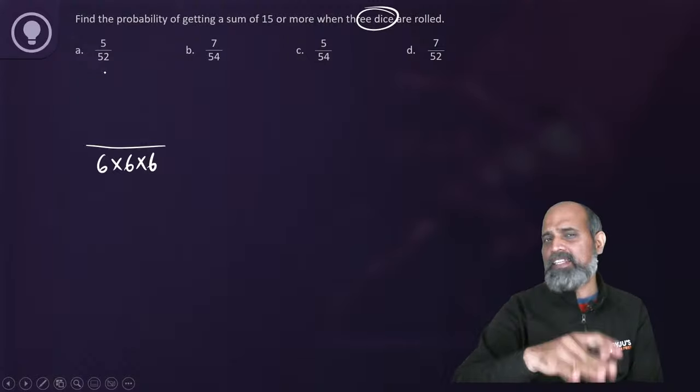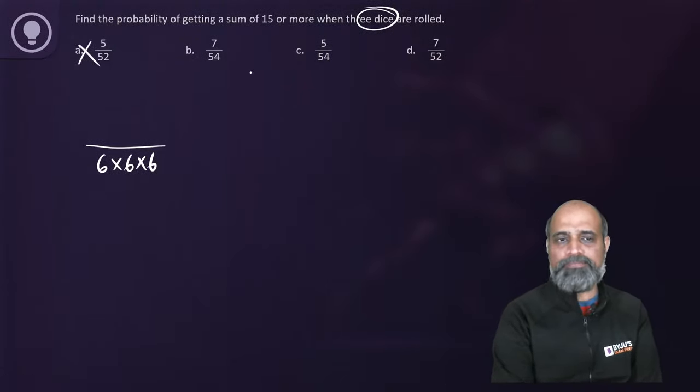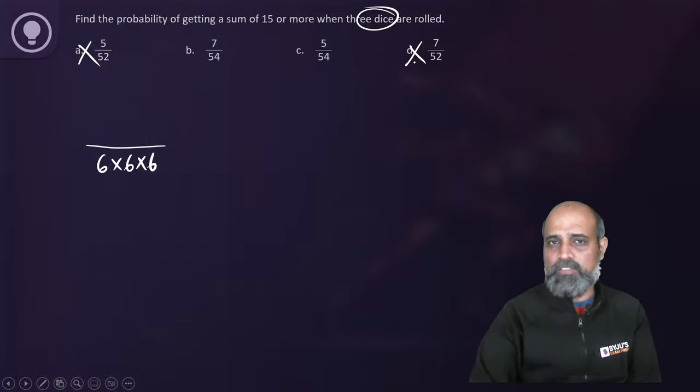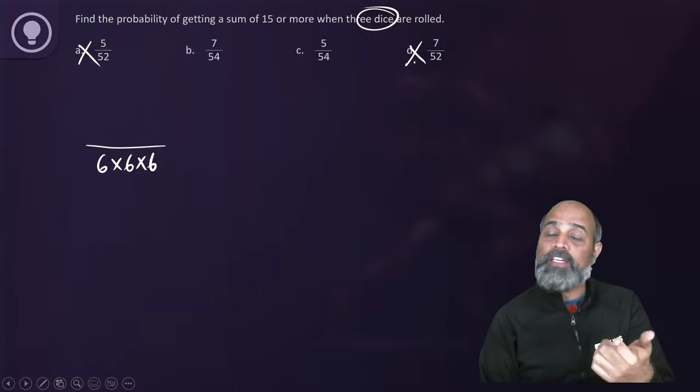200 is 216 in the table of 52? That's what I'm trying to ask. Nope. So these two cannot be it. Between Bravo and Charlie, between B and C option, we need to find out what it could be,